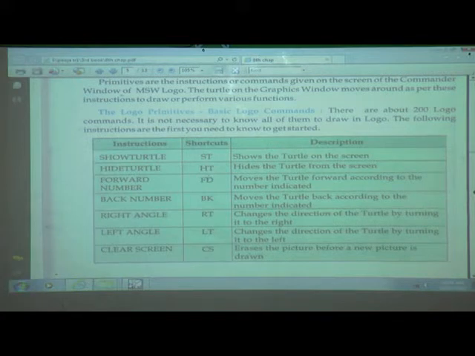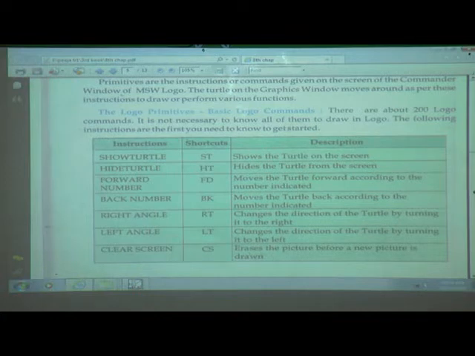Next one is forward number. In that, F D. FD. What is the use of FD? It moves the turtle forward according to the number indicated. If you give the number 100, then a line will be drawn of 100 units.